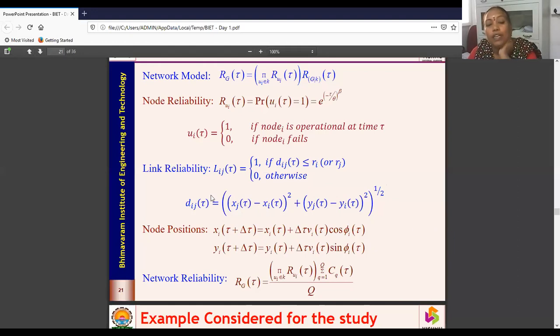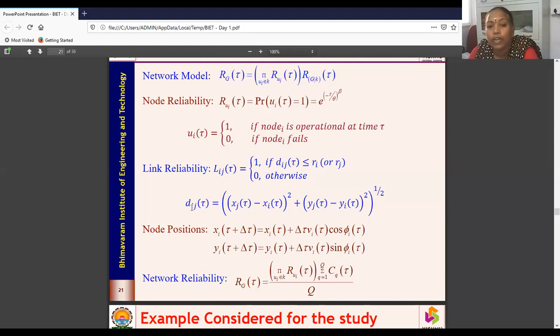Once we are able to calculate the distance, we also define the transmission range of any node. Here the transmission range of a node you can write as Ri or as Rj. The transmission range is basically the designer's interest. In this example, we have considered from 1 mile to almost 8 miles, and it's a homogeneous network, so all nodes will have the same transmission range.